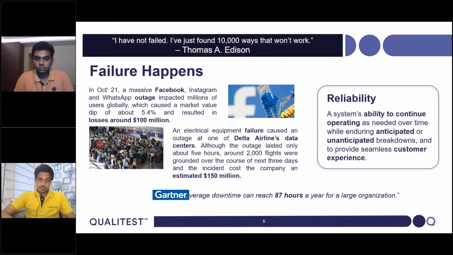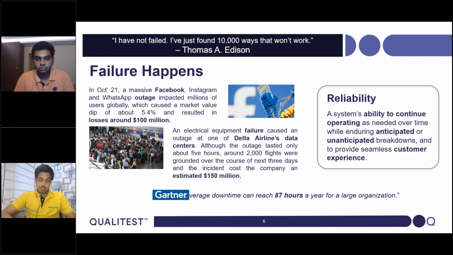Border gateway protocols were restored for the affected areas, and then gradually the DNS servers came up and applications started running. But by then, within 6 to 7 hours, there was a huge impact to user experience, and people started switching to other services. So what does this call for? Its bottom line is pretty simple. Even tech giants like Meta were unable to counter this outage. And of course, there is a huge revenue impact.